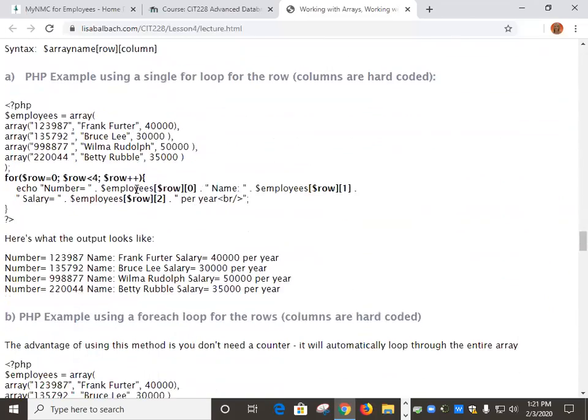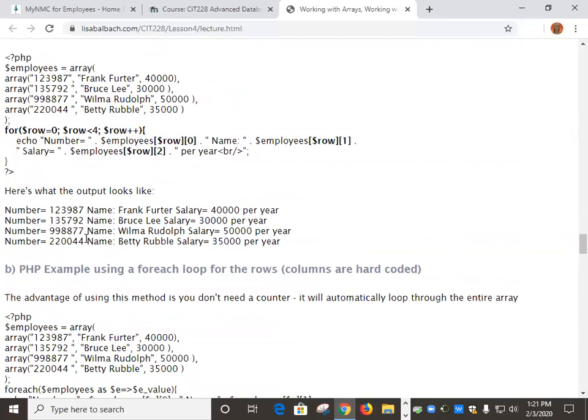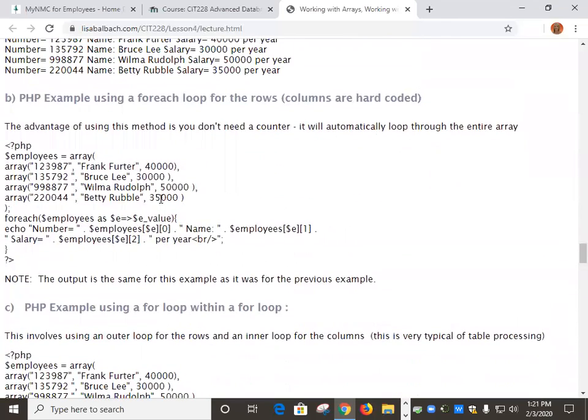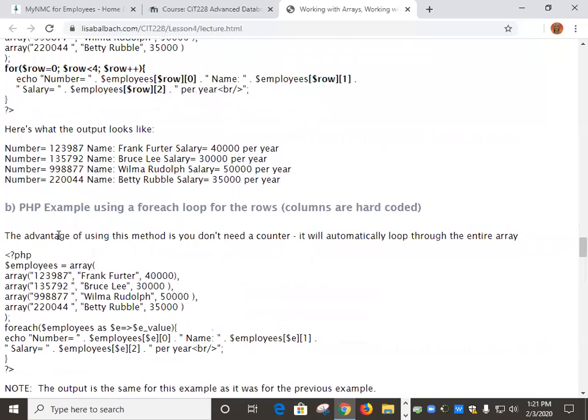So how we're accessing here is we've got the columns hard-coded and the row number is going to change. With a multidimensional array, you're pretty much going to have to do some kind of loop. Okay? And then this is what the output looks like. Now you might be wondering, can I do a for each loop? Yes, you can. If you prefer to do a for each, what does that save you? Well, you don't have to worry about subscripting and really incrementing the subscript,